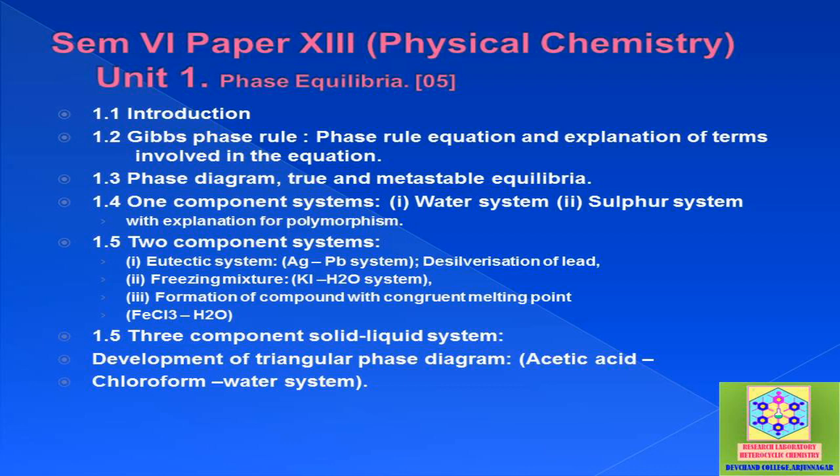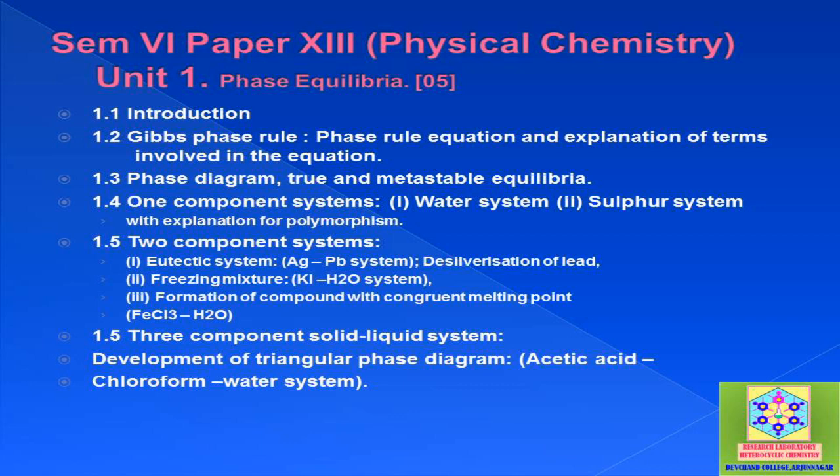It involves the introduction, that gives phase rule, the equation, different terms involved in the equation, certain aspects like phase diagram, true and metastable equilibria, and then we are going to discuss in detail certain one-component systems